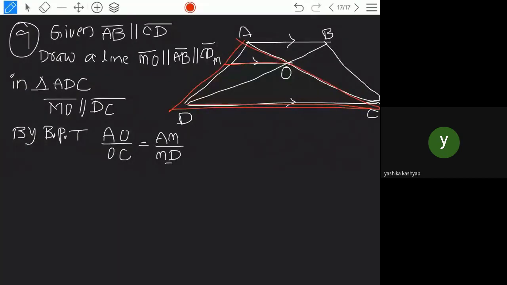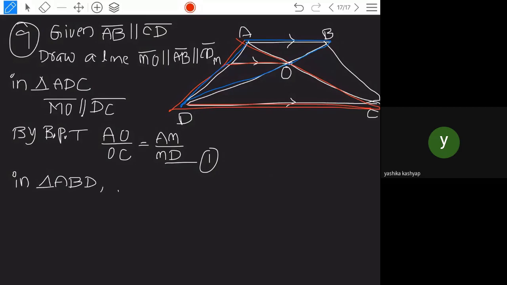In the same way, you take the triangle. I am drawing that triangle with another color. Take this triangle into consideration, because in both triangles we have AM by MD common, but the other point changes. So if you consider that triangle, what is the triangle? In triangle ABD, which sides are parallel?